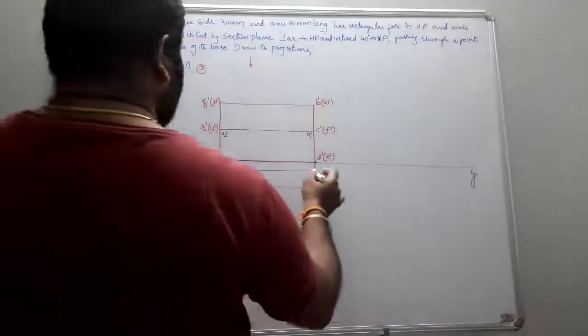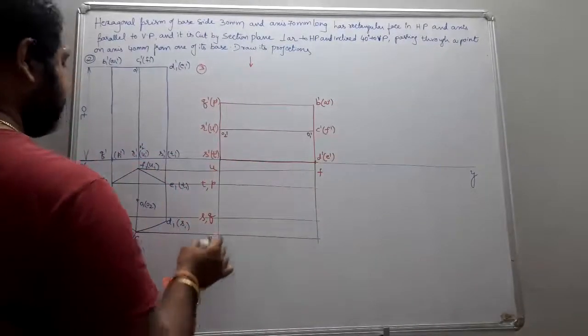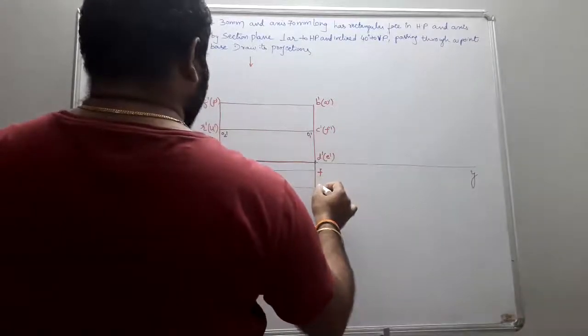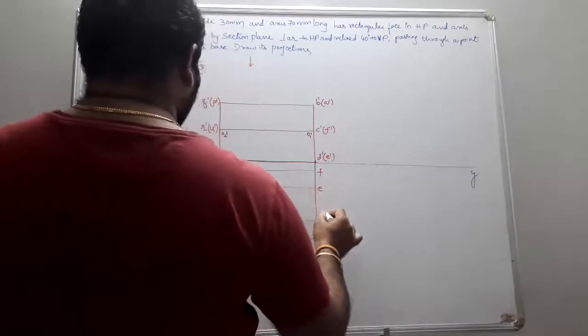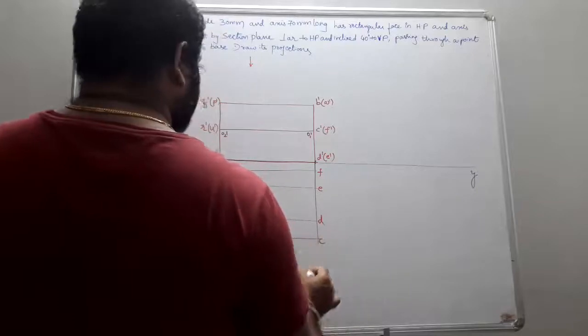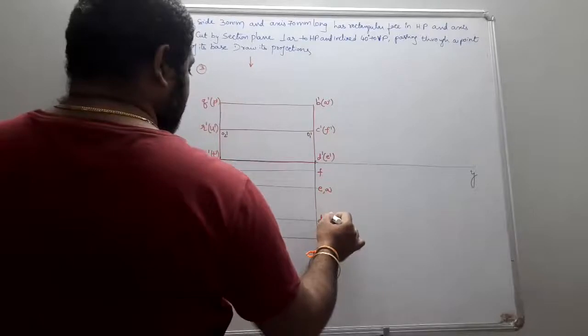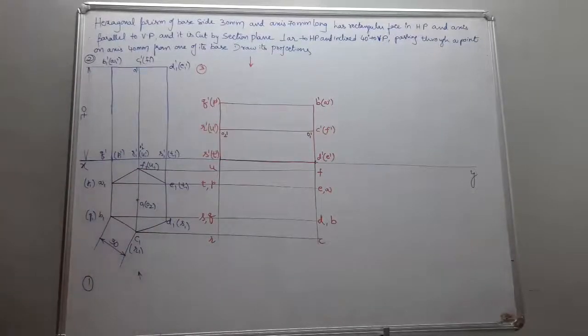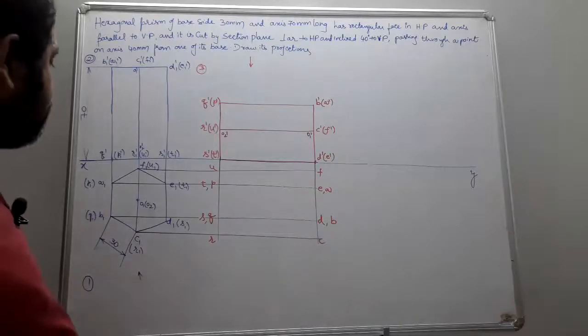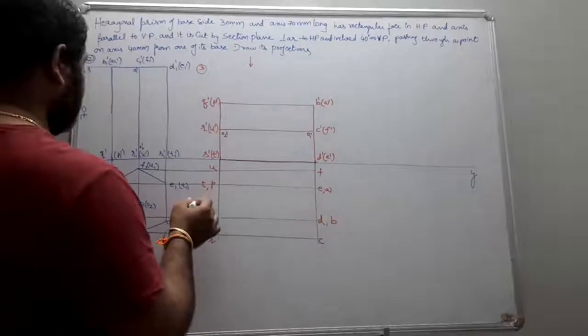Now mark here the points: F. Okay, so the points that are going to be visible are P of T,